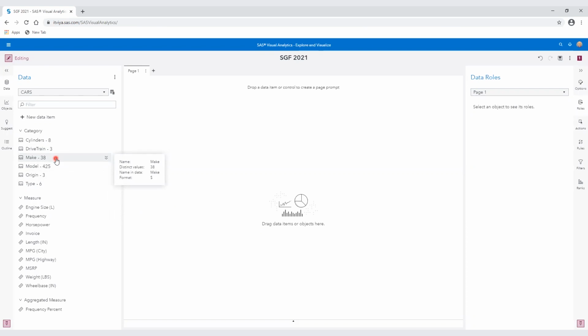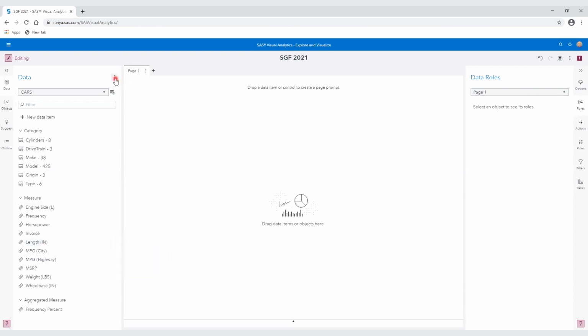Okay, now it may be that there are certain data items that you're absolutely not interested in. Like, I'm not interested in wheelbase. I'm not interested in length. So I just want to hide those, get them out of my face. I don't want to be distracted by those.